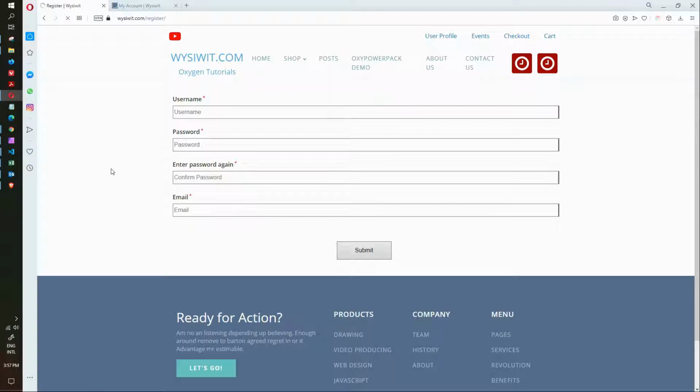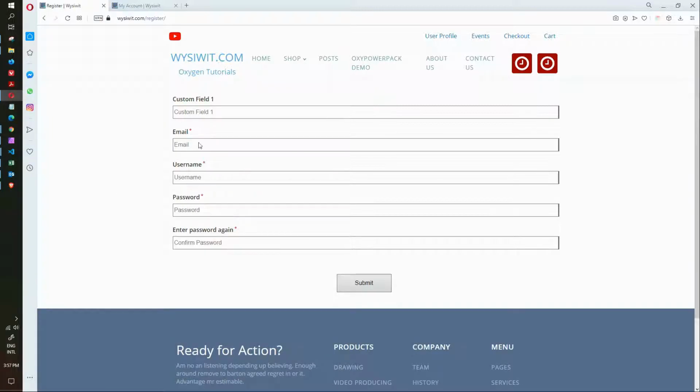And now you'll see that the custom field is the first field, followed by the email, the username, password, and then the password confirmation, and then ready for submission. So there are two ways that this can work. The first way is where you're a brand new user signing up to the website. And we'll make this custom here. Let's call this a custom entry. And let's make this demo 2 at